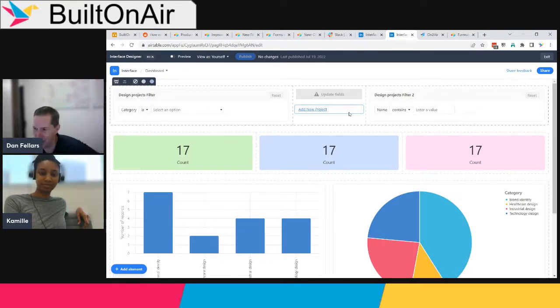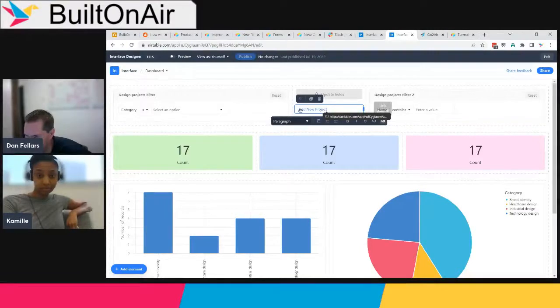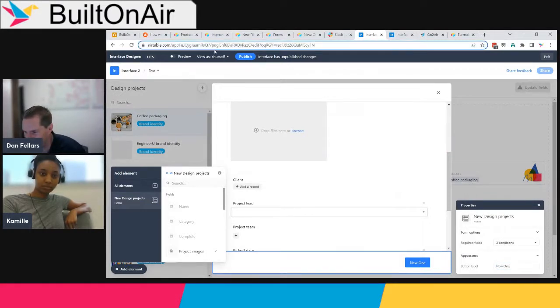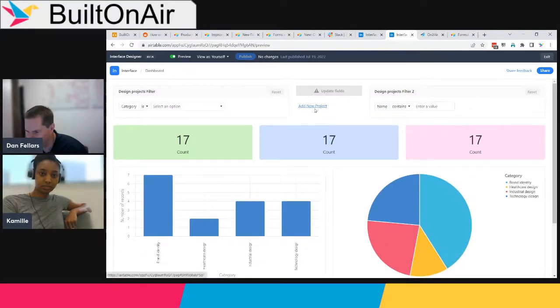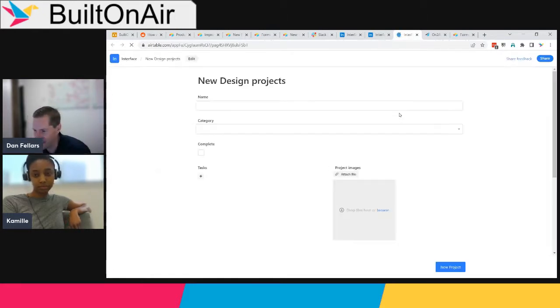The way to do it is you can insert a text, a markdown text editor, and they have the ability to create a link. Not quite as nice looking, but what you do is you get the link to your form once you've published your form, and then just copy the URL in there and create a link and set the link to that. So now in a dashboard, you could create all of your create new inside of a text block, and it would open up in a new tab, so still not as ideal, but at least gives you that functionality to now create a new record